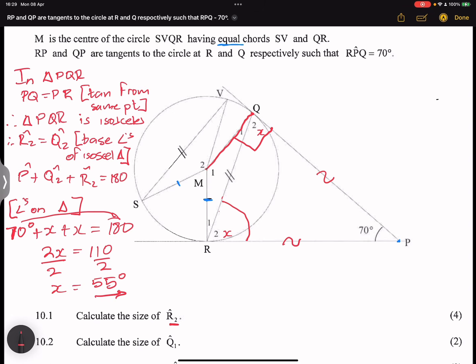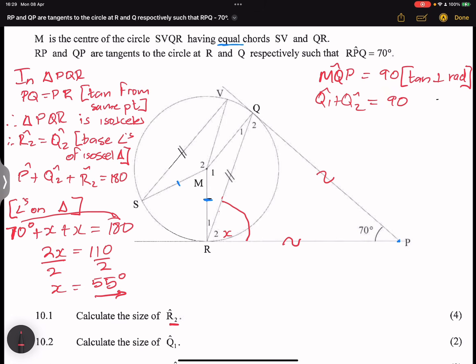So ladies and gents, if I look at angle MQP, MQP is equal to 90 degrees. But why is that? We say this is the tangent perpendicular to radius. Okay, so that means Q1 plus Q2 is equal to 90 degrees. That's the entire angle